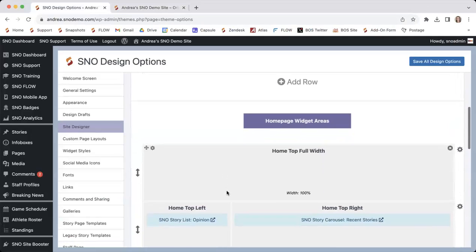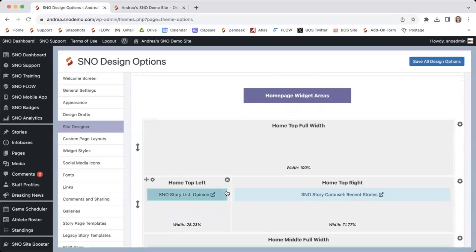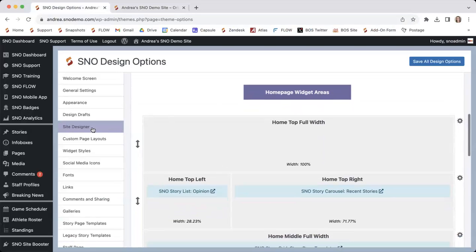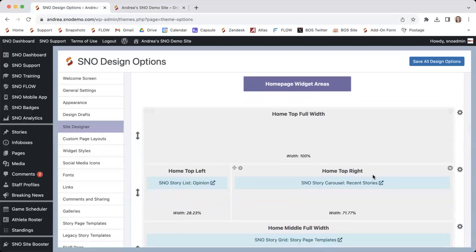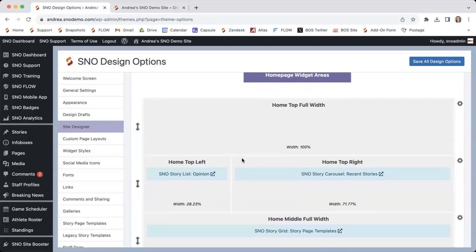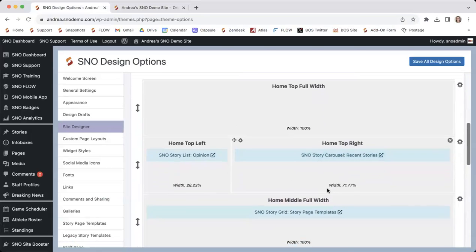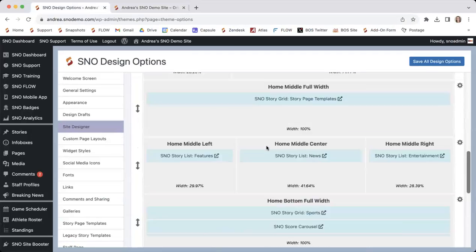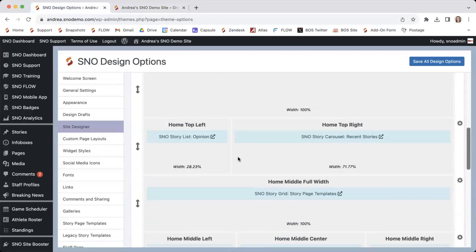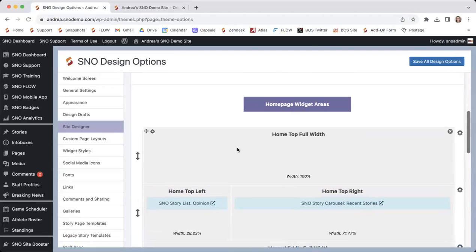The last thing I want to just briefly mention here. So again, I'm not going to go into a whole lot of detail on widgets today because we do have upcoming webinar sessions where we'll talk about widgets. But the center part of the site designer is your homepage widget areas. And this works a little bit differently than the header or the footer design here. You can think of these homepage widget areas as like the physical configuration of spaces available to place those widgets